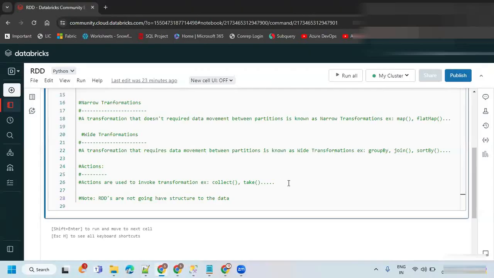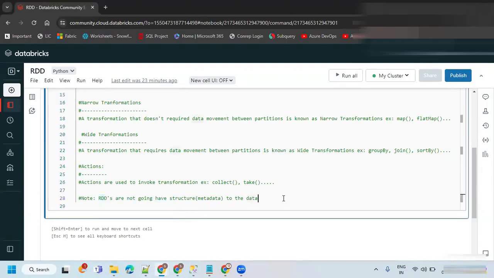Structure means metadata. So we don't have a structure for this particular RDD when you have it. I'm just saying that RDDs are not going to have a structure.